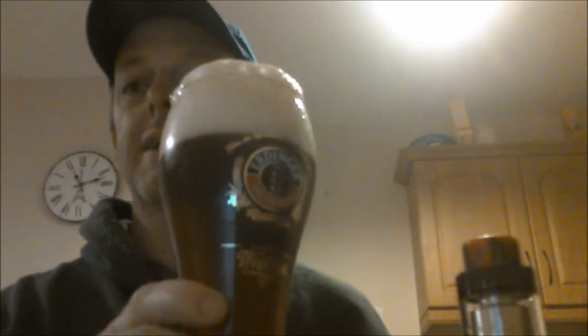Note to self, if you're looking in the bottom of the bottle to see if it's bottle conditioned, make sure the damn thing's empty first. Yeah, quite compacted sediment in the bottom of the bottle. I don't know what the hell happened the last time, but mother of God, look at the head on that for a red ale, and I poured it really gently. But from back here, from maybe a foot away, I'm still getting that weird